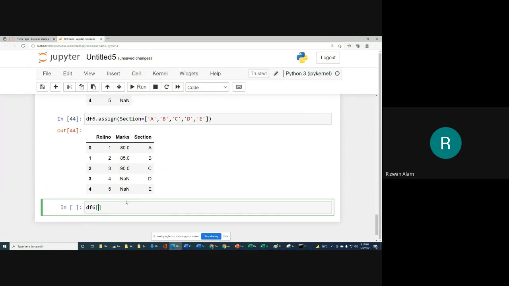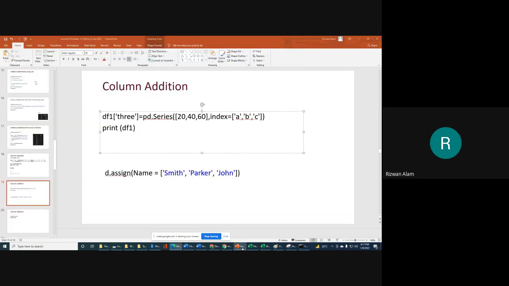So for example, after section, roll number is there, marks is there, section is there, we want to write year, that is, in which year or semester they are. Sem we will write.